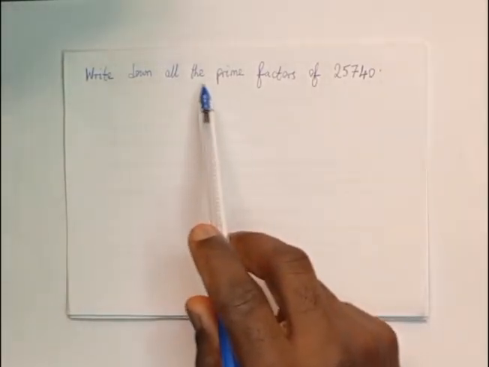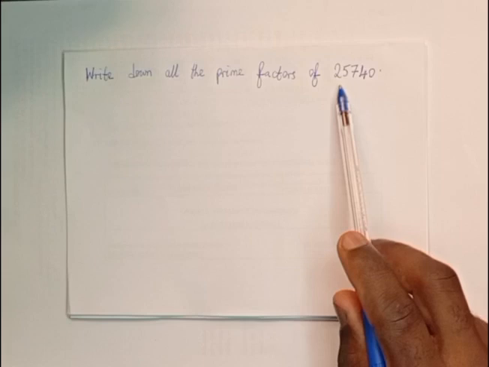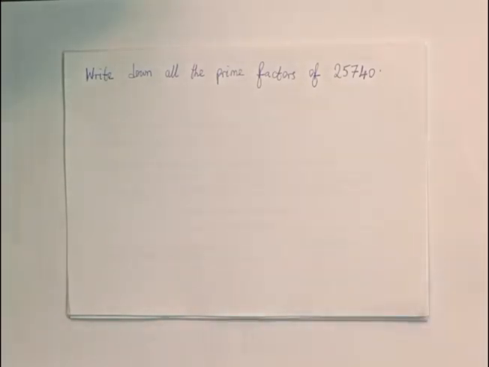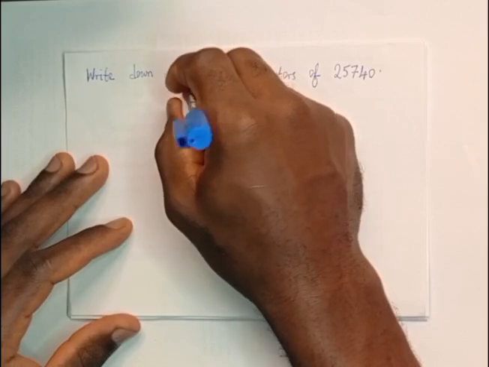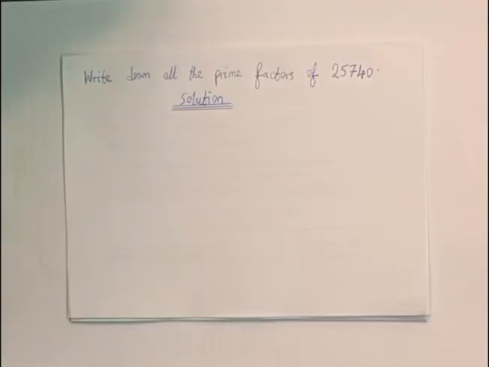Write down all the prime factors of 25,740. We take down the solution. When we talk of a prime factor, we are simply referring to those factors of a given number which are